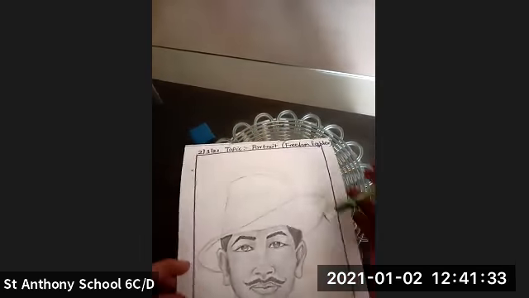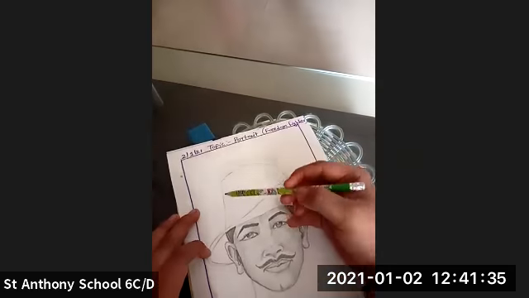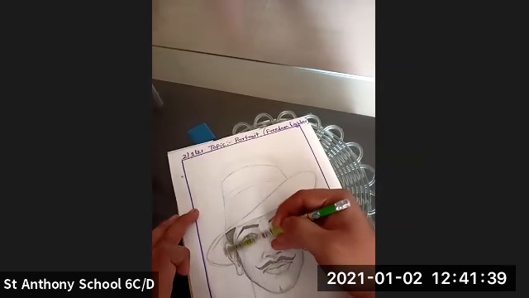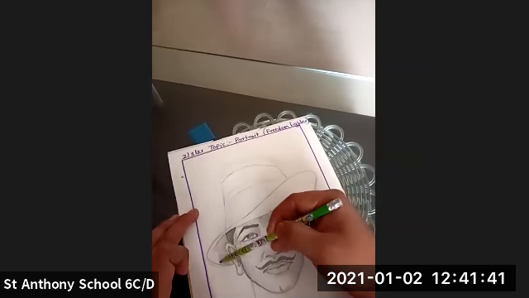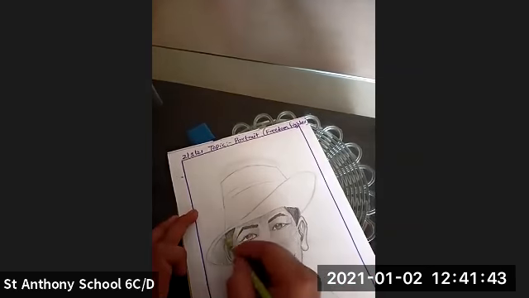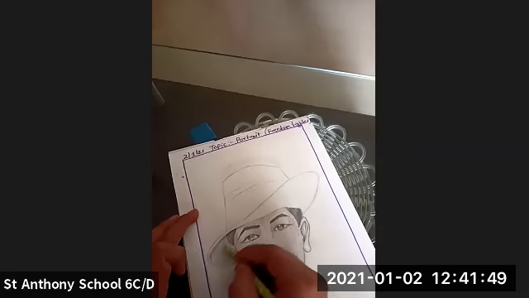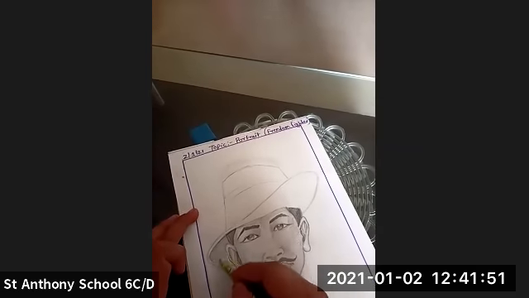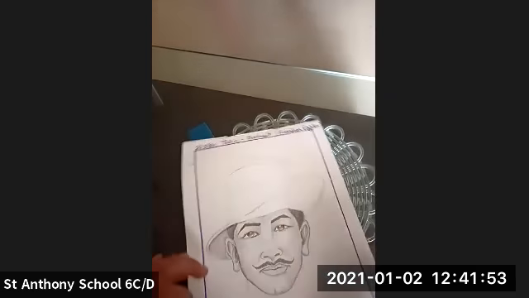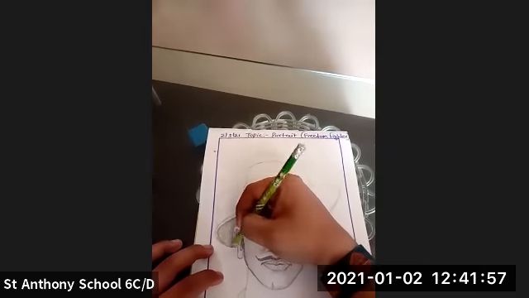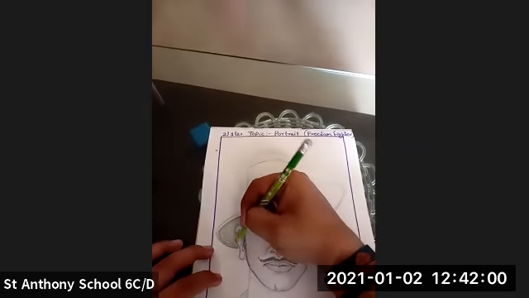Okay, so now what we are going to do is we are going to add the shades in this. Okay. You can use colors. You can do it in pencil shading also if you want. Okay.